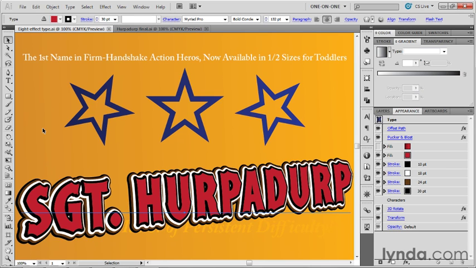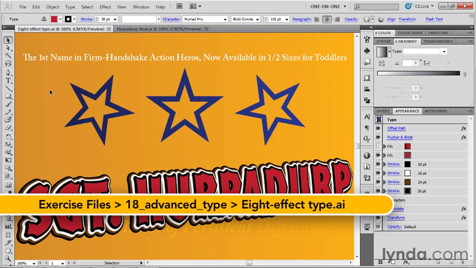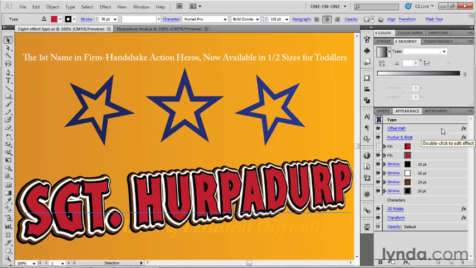In this exercise, we're going to finish off our text by applying a drop shadow, and I'll show you a very special consideration that you need to bear in mind. I've saved my progress as 8effecttype.ai, so called because we've now managed to amass 8 different dynamic effects on this